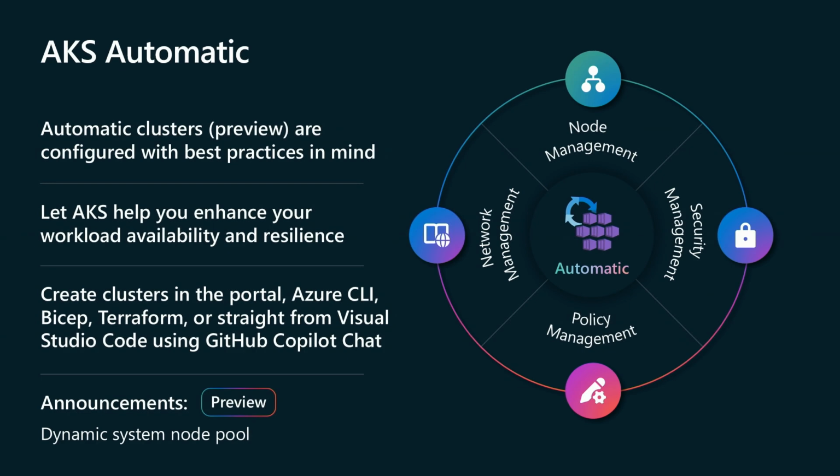Automatic is a new SKU of AKS that allows you to basically get from code to production in Kubernetes in minutes by leveraging all the tools that we have with AKS and also providing you with a platform that is, again, 100% AKS, but fully managed and fully guardrailed for you or your application teams. Today, we're announcing the dynamic system node pool capability, which further enhances our management of the system components and allows you to really focus almost exclusively on your workloads only.